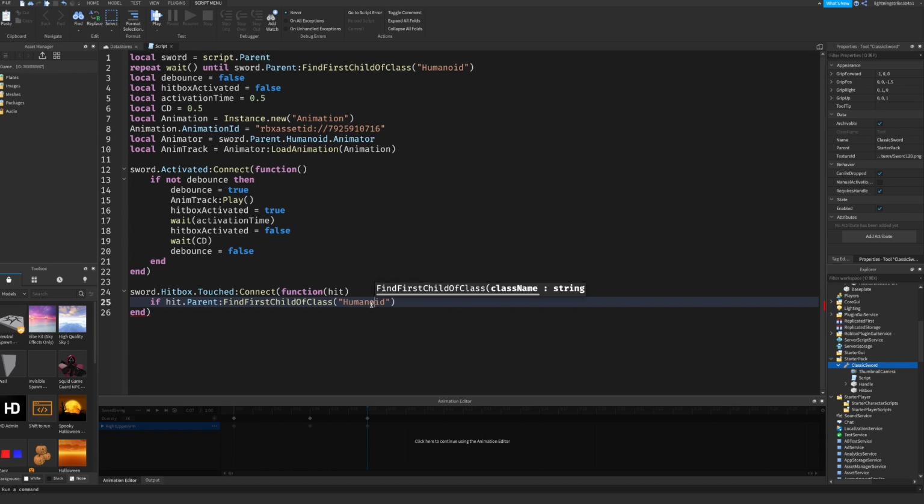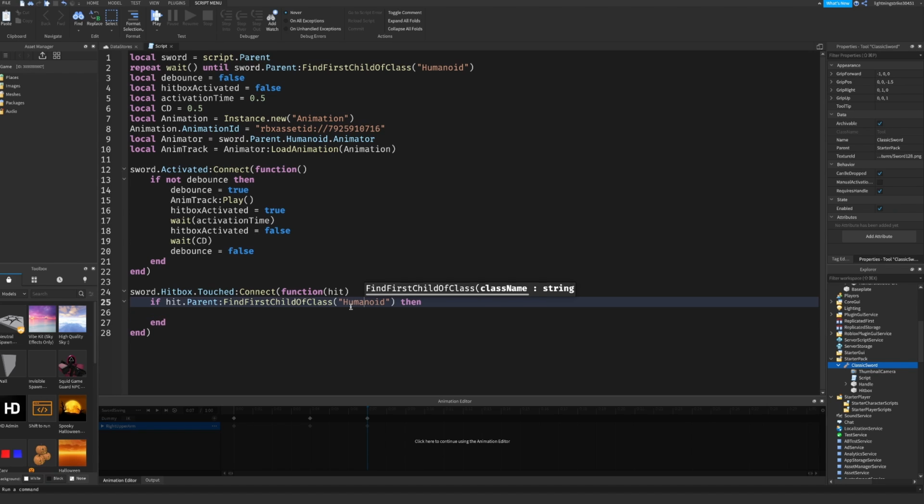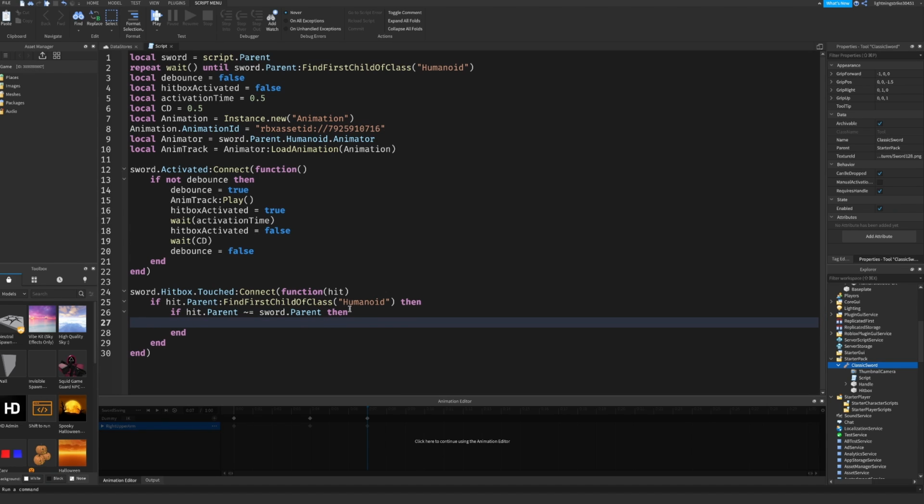Alright, so we'll finish this first. So if what we're touching is a part of a character, so if it has a Humanoid, it's a character. Alright, so if hit.Parent is not sword.Parent. Alright, so if we're not hitting ourselves, then if hitboxActivated,